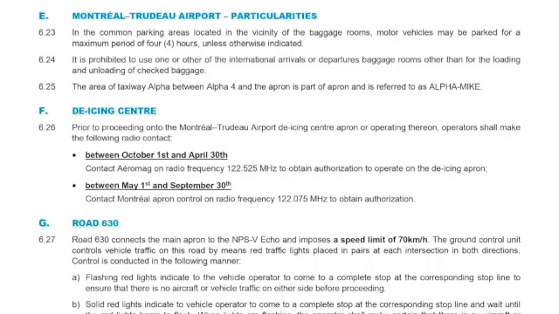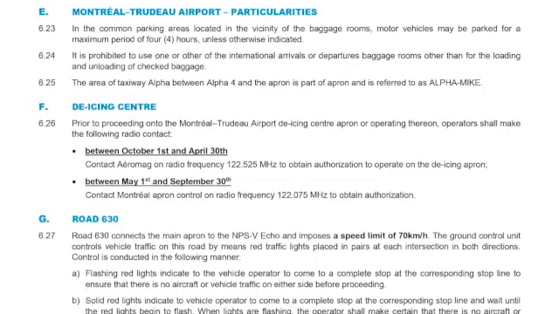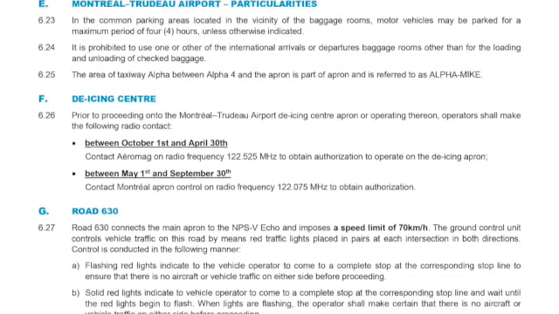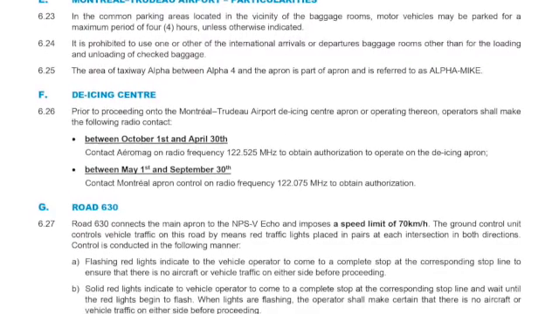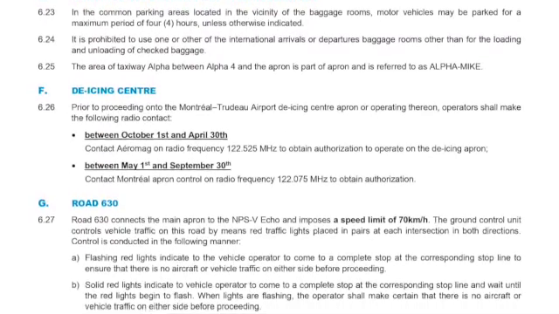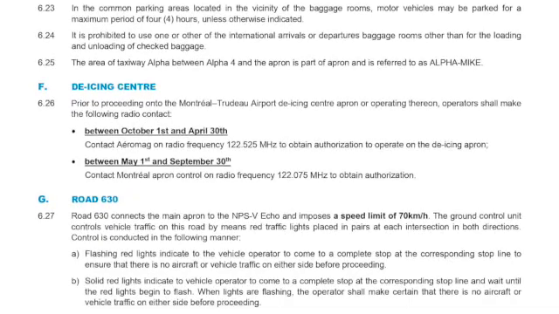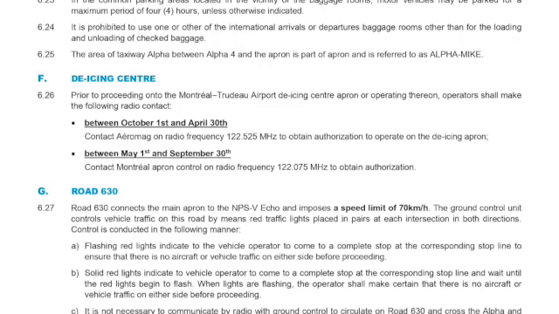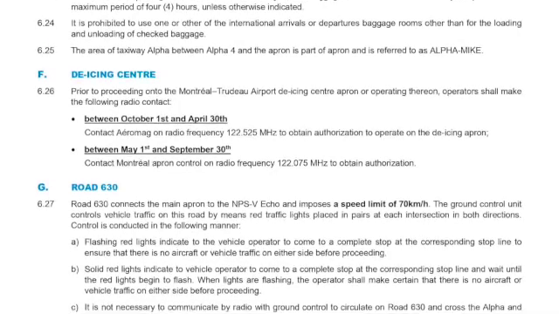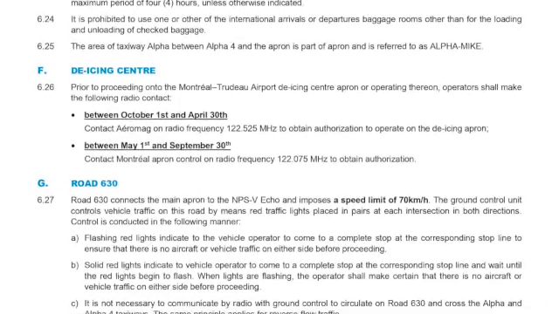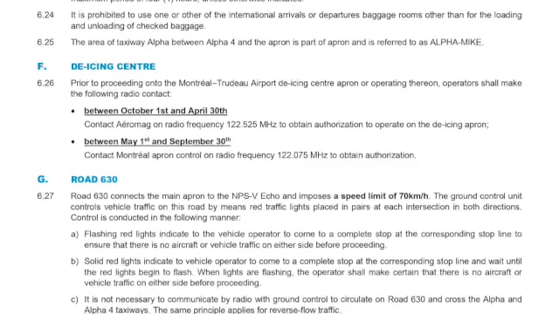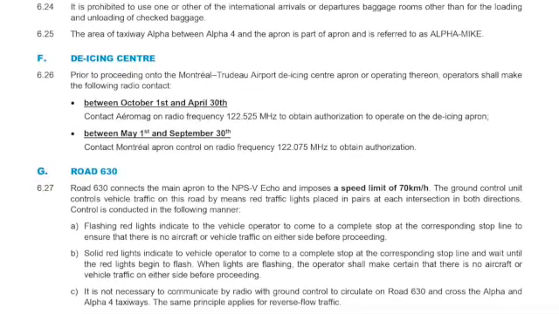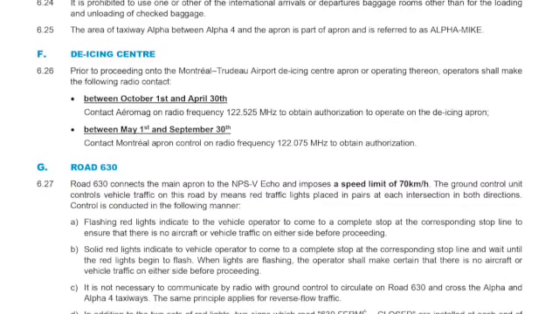G. Road 630. 6.27. Road 630 connects the main apron to the NPSV Echo and imposes a speed limit of 70 km per hour. The ground control unit controls vehicle traffic on this road by means of red traffic lights placed in pairs at each intersection in both directions. Control is conducted in the following manner: A. Flashing red lights indicate to the vehicle operator to come to a complete stop at the corresponding stop line to